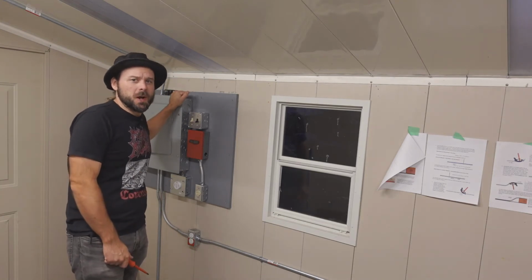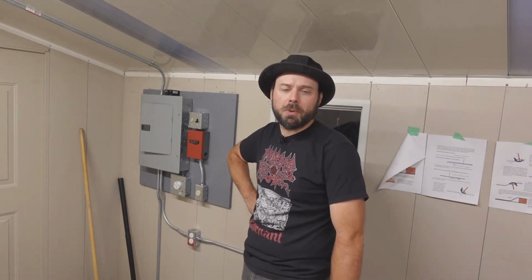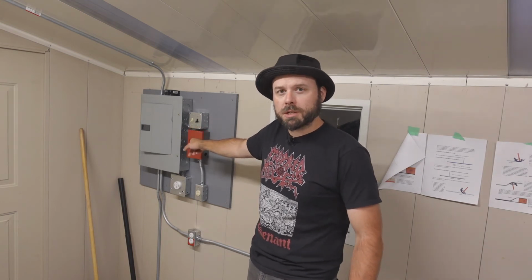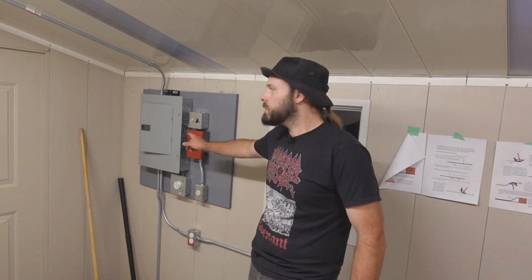No more screwing around. If I haven't explained it already, code allows provisions for you to have a bigger breaker than what the wire's rated for, provided the circuit's set up in such a way that you can't possibly consume more power than the wire's rated for. So that's the reason why I can have a 60 amp breaker on the panel and a 55 in here. 55, it's actual max. The breaker in here is gonna do the overload protection. The one on the panel is just gonna be, you know, a disconnect. It's going to protect the wire from severe mechanical damage, which is extremely unlikely, and this one will protect from